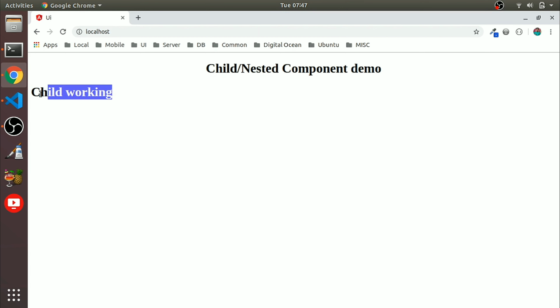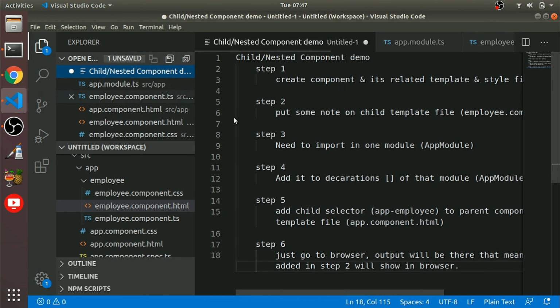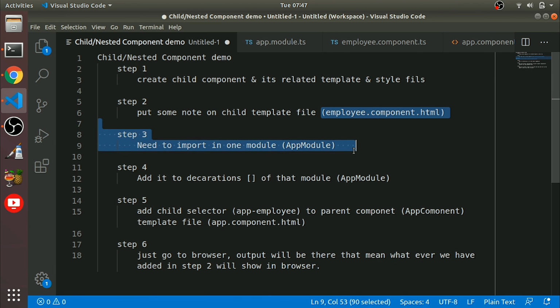Yes. So this is the process. Step 1, need to create a component, and you can mention it like child component and related template and style files. Step 2, put some HTML element or something in child template file, that is for us it will be employee